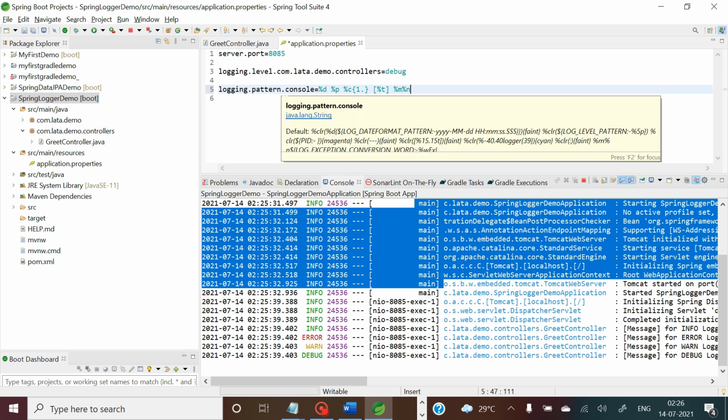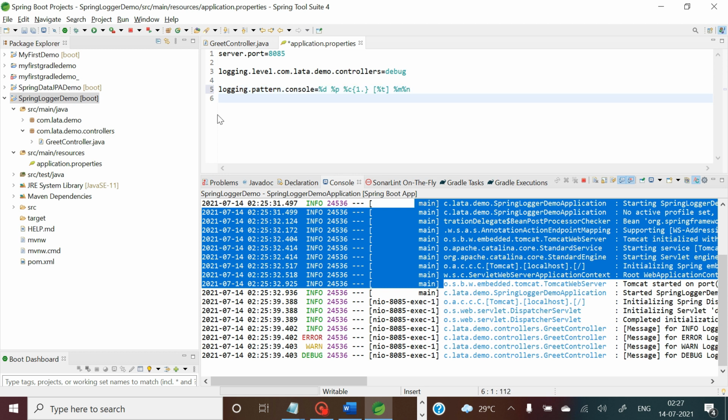Logging.pattern.console is meant for having a pattern for all logging onto the console. So you can write it to have all the logging information in this particular pattern.